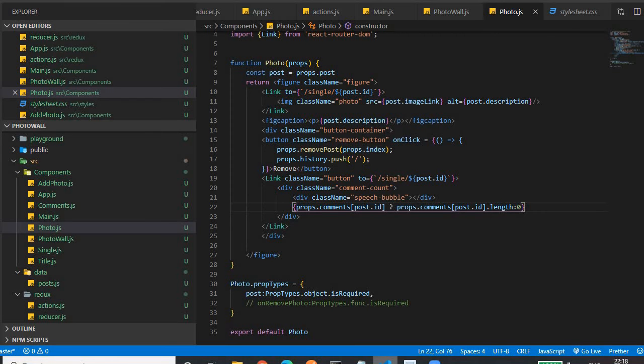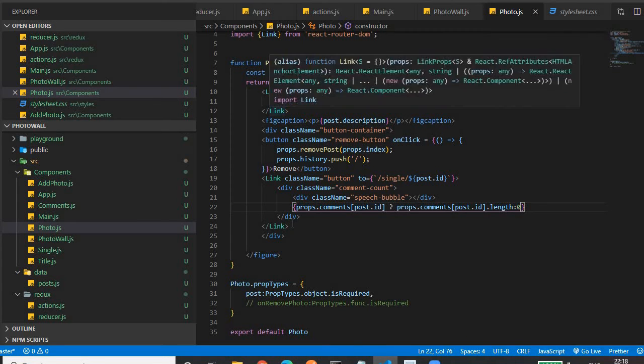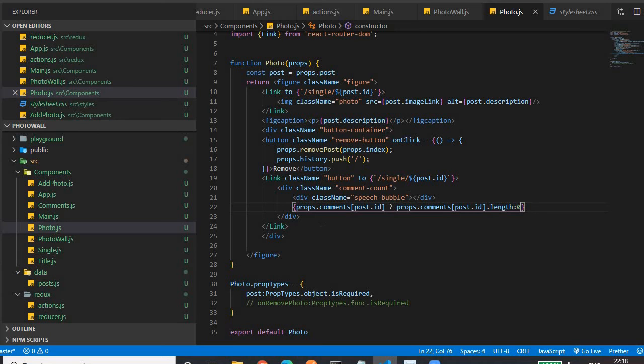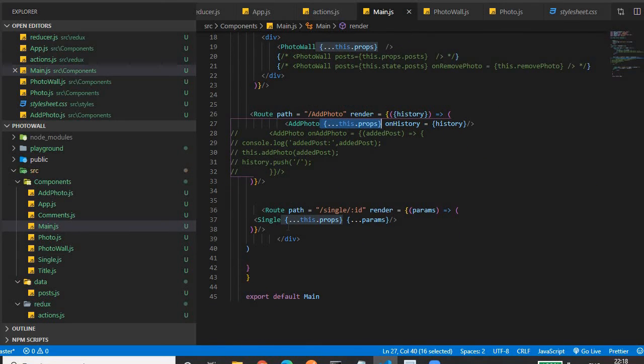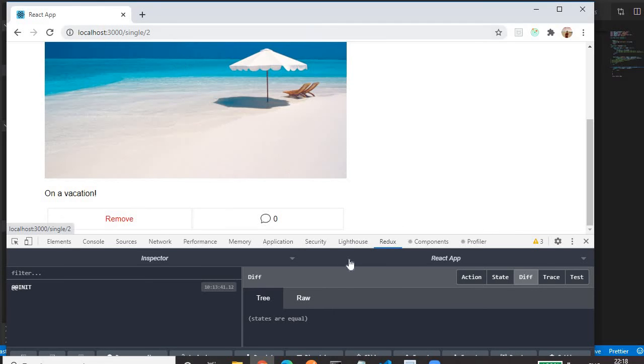So this is how we use the Link tag for routing, and this routing we have configured in the main.js file. This is the route path single. This is the placeholder for the ID that you are seeing here, 234 in the URL.